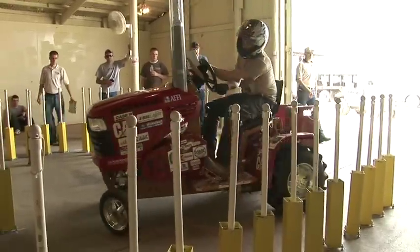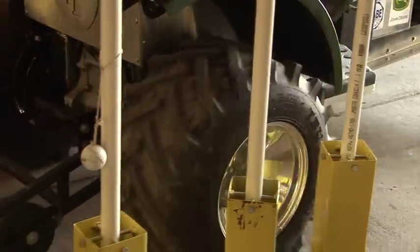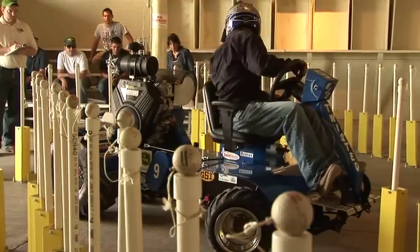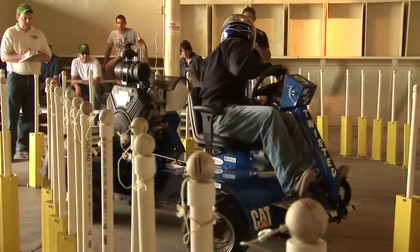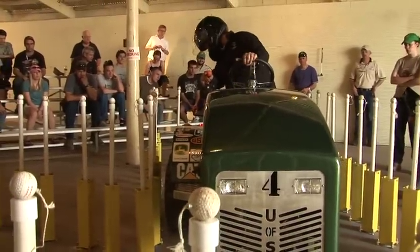Another portion of our event is the maneuverability competition, and we added this several years ago to encourage teams to design tractors that were more practical. Not only could they pull, but could also maneuver around. And so we set up a course that the tractor has to go through, and there's